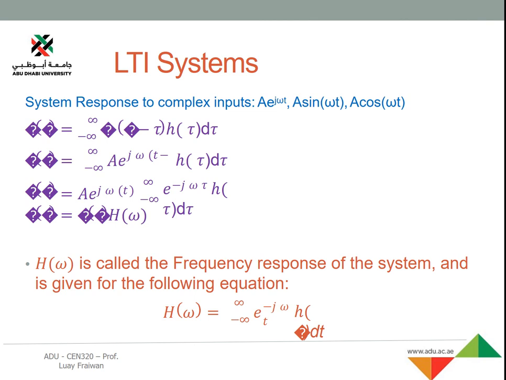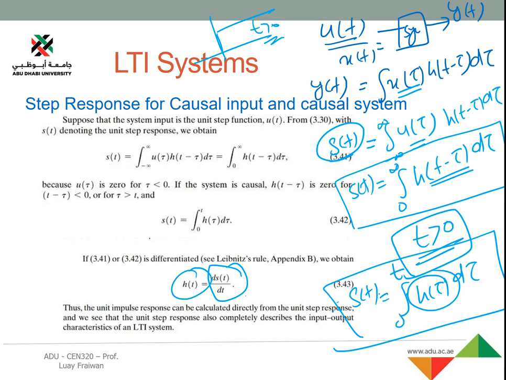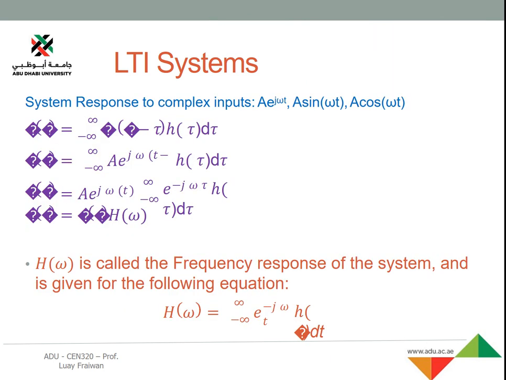Then if you want to go for the system response for a complex input: so far we have studied that if our input is an impulse or unit step, we can get the system response. What if our inputs are not just an impulse or a unit step, but whatever inputs are in complex form? So if our input is in complex form, there are some problems with the equation, so let me write here. We know that our general form is x of t minus tau into h of tau. This is the general convolution formula, okay, for any input.